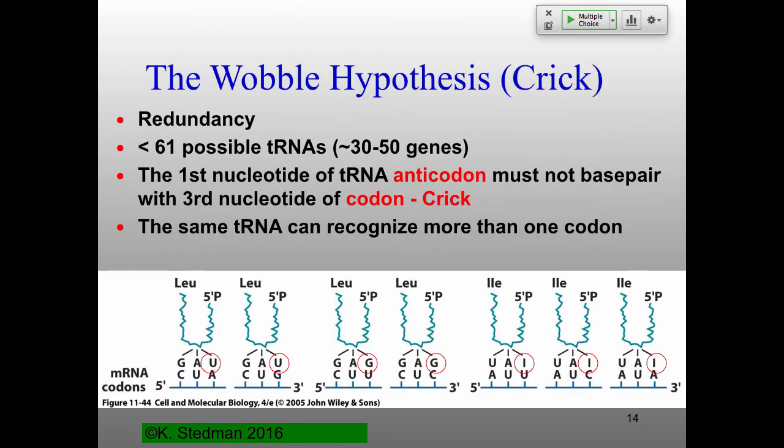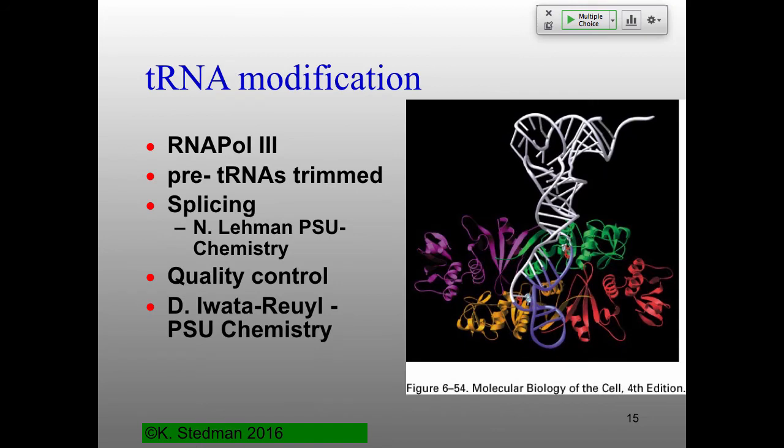Okay, so take-home message here. The same tRNA can recognize more than one codon. So that's how you can get away with fewer than 61 different tRNAs. tRNA modification, as I mentioned before, one of those is inosine that we'll talk about in just a second. But many, many different modifications are happening to your tRNAs. One thing that happens is tRNAs get spliced. Now, this is not a splicing reaction like what happens with the spliceosome. These are very specific